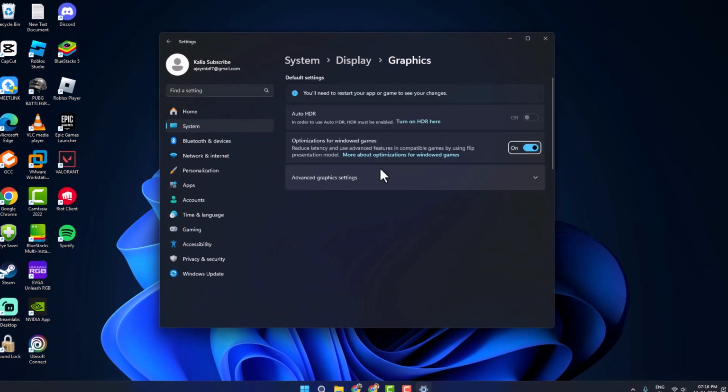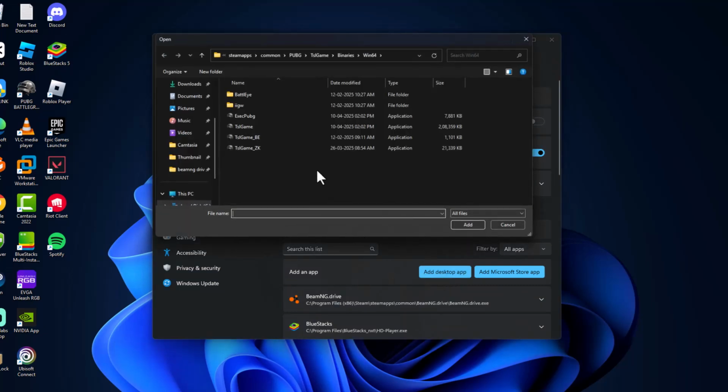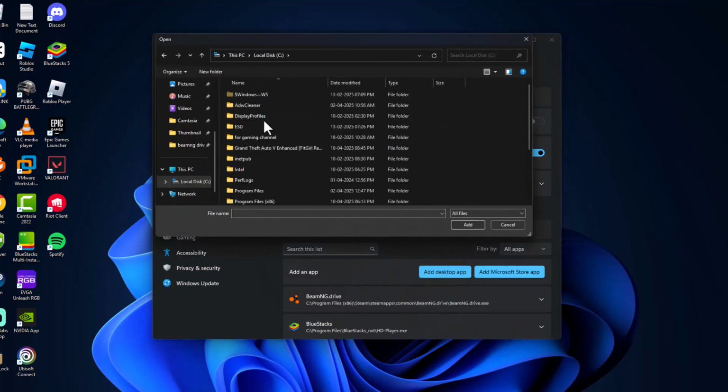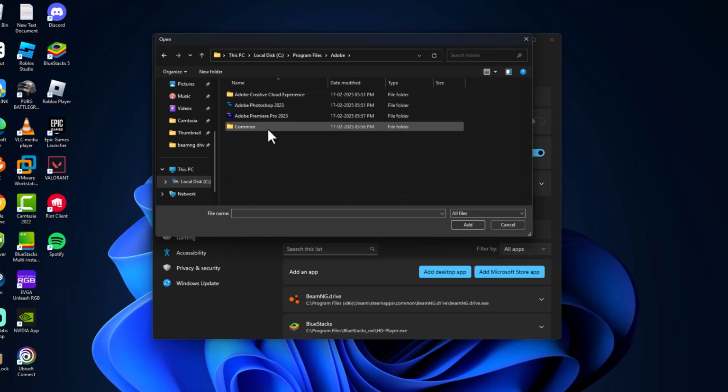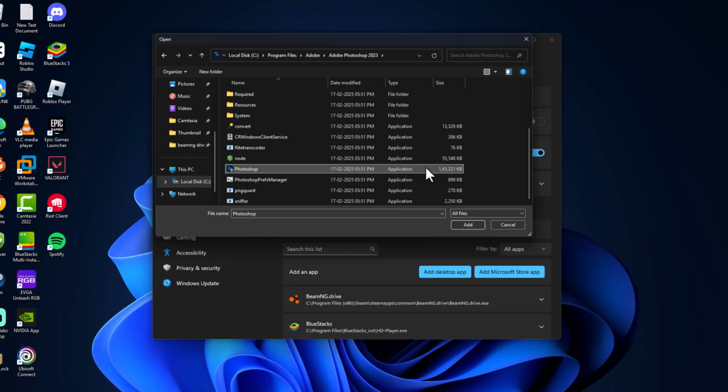Click on open it. Select add desktop app and you just need to go to C drive, program files, Adobe folder. Now you just need to double click on the Adobe Photoshop. And now scroll down, you can see the Photoshop application file, the highest KB in here, and select